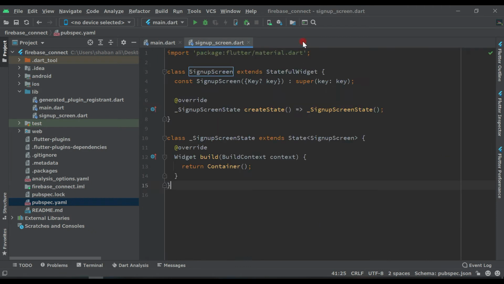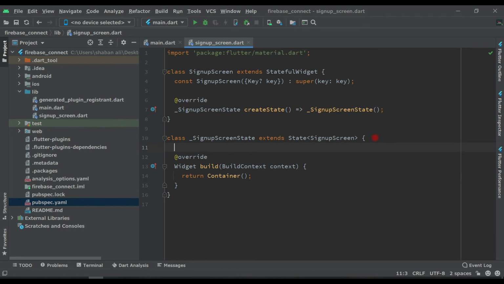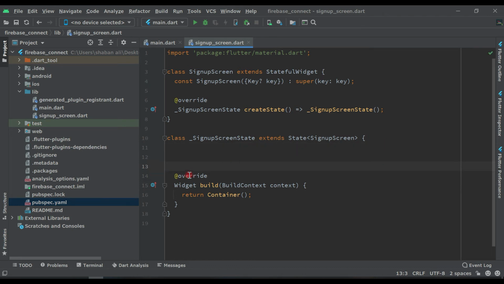Now close this. Now let's create some variables which we required to connect our Firebase. So here before this override, and here we have to say final pick URL equal to null.